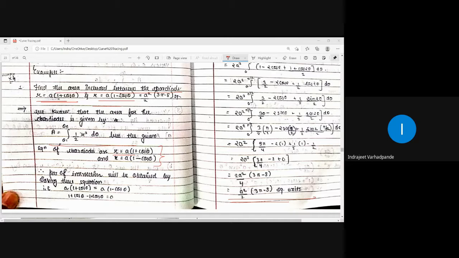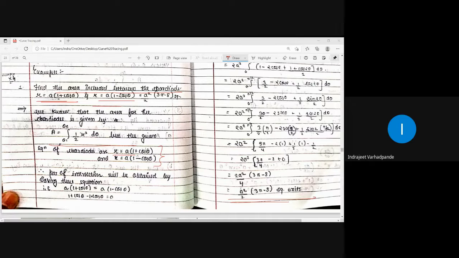Another curve which is given to you is the lemniscate of Bernoulli, which is symmetrical about both the lines, theta is equal to 0 and theta is equal to pi by 2. It is looking like an infinity shape, right? So the equation of the lemniscate of Bernoulli is r square is equal to a square cos 2 theta. Kindly apply all those rules of symmetry, point of intersection, origin, etc. For that you can easily trace it and get the value.